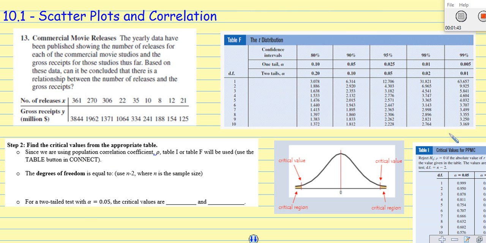Step 2 is we need to establish a critical value. So remember, our whole idea here is that we have this normal distribution curve, and we want to establish a location or locations on our curve that would create a critical region, a region that if we fell within that region, we could choose to reject our null hypothesis. So we know our sample is 1, 2, 3, 4, 5, 6, 7, 8, 9. So our sample size is equal to 9. Therefore, our degrees of freedom, which is equal to n minus 2, is equal to 9 minus 2, which is